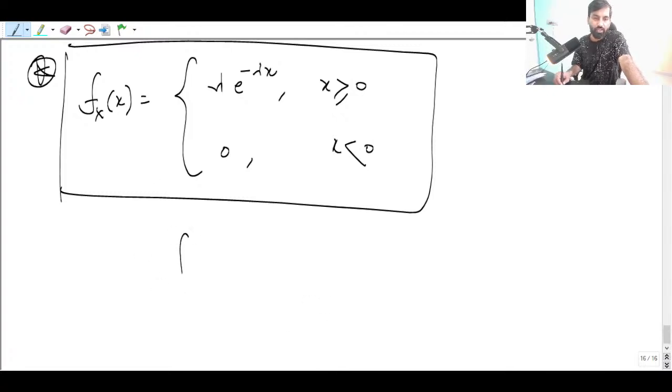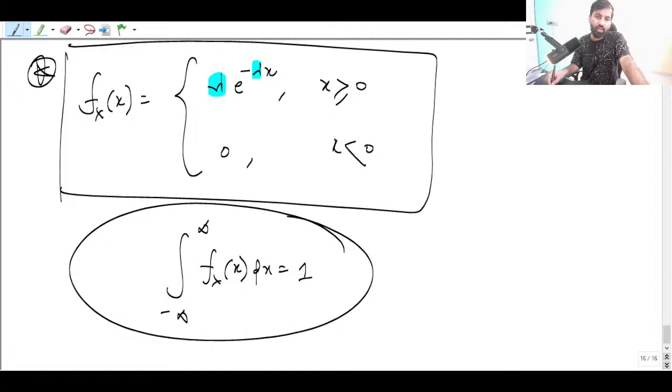And you have to make sure that the area under the density function, why we have multiplied this lambda here, so that the area under the density function. Now the question people might ask you, why we have multiplied this lambda here and also here lambda is there, right? So you have to say that, sir, area under the density function must be equal to 1. That is the reason that lambda is multiplied. Okay,